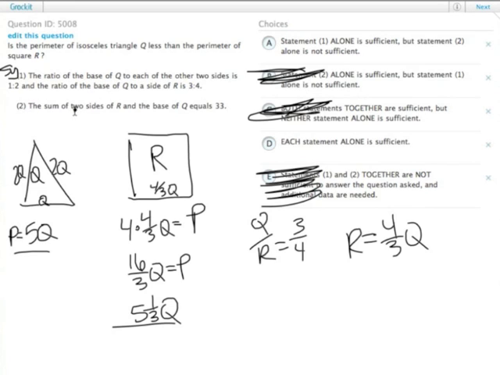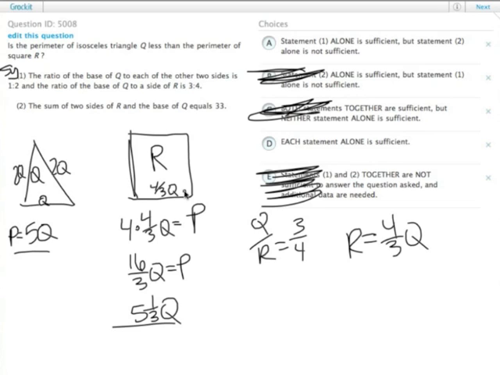Statement 2 tells us that the sum of the two sides of R and the base of Q equals 33. So this is an entirely different type of set of information. The first one provided comprehensive ratios for the perimeters of everything, whereas Statement 2 gives us half the perimeter of R and the base of Q, and they equal 33, and we don't have any idea how to distribute those